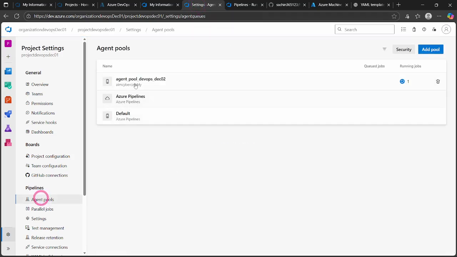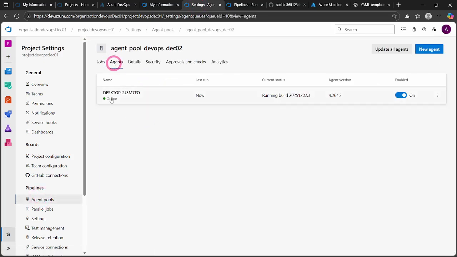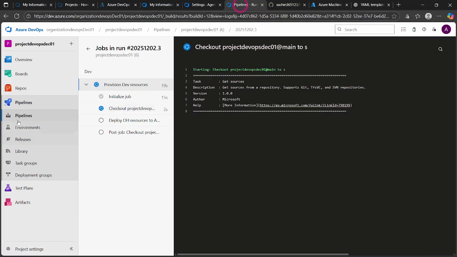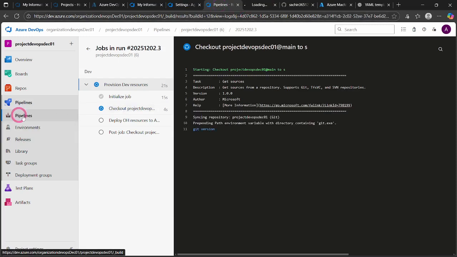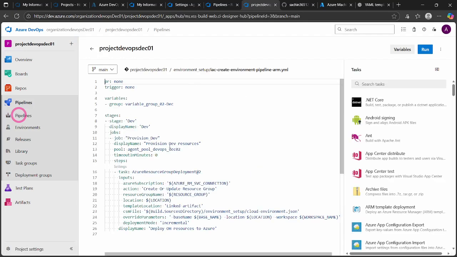Here we have agent pools. Here we have the agent pool DevOps December, and this job is running under this agent which is currently online. Now here we have the pipeline. I'm going to click on my pipeline in a new tab. Here we have the pipeline, and I'm going to click this pipeline edit. Here we have the DevOps